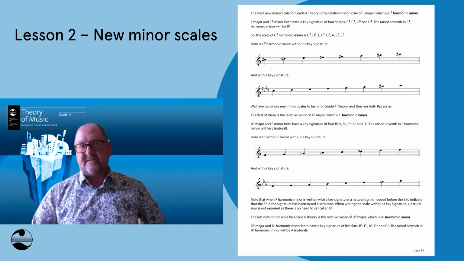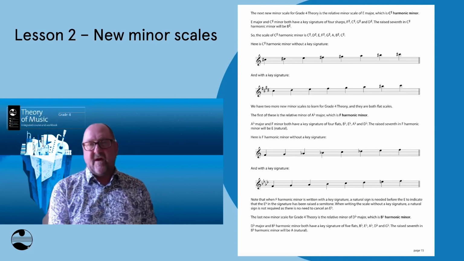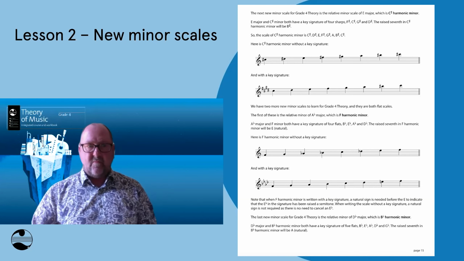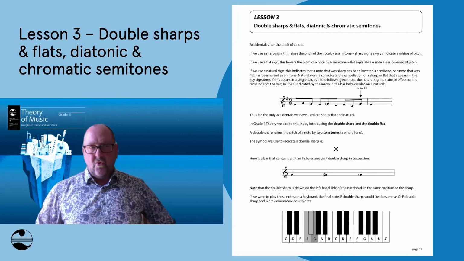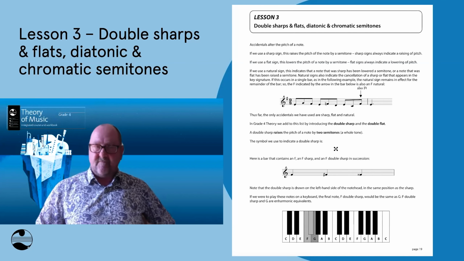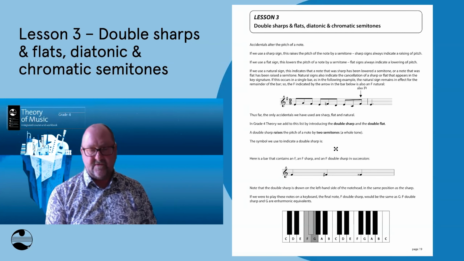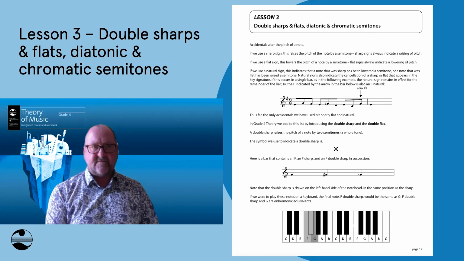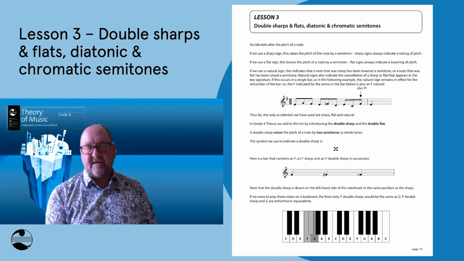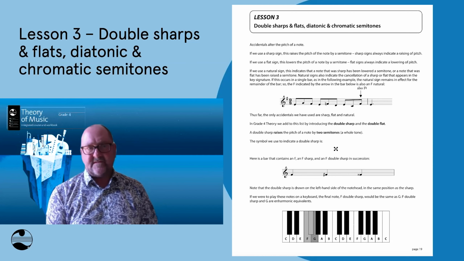But these 2 chapters of the major and minor scales, they follow on quite logically from grade 3. And I think we can move on to the next lesson now. Lesson 3 is what I'd call a bit of a catch-up lesson, where we introduce some new concepts and we just slowly start to apply them to musical examples. And so what we've got here are double sharps, double flats, diatonic and chromatic semitones, and a little bit more on the technical names of the notes in the scale.